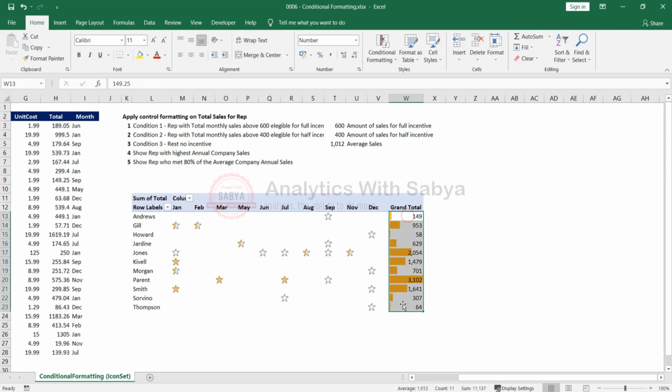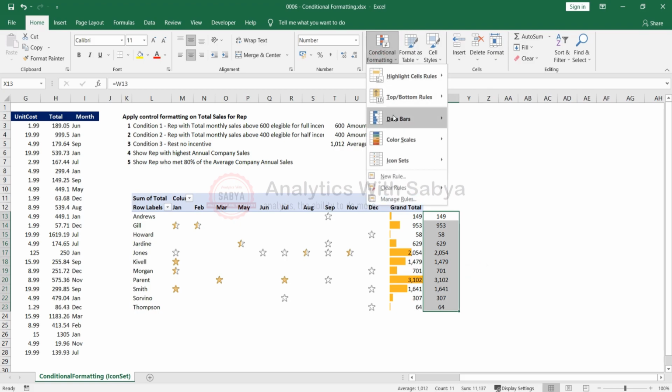I won't touch this column because the formatting is already done over here. Rather, I will just put in a formula: is equal to W13. Easiest way to do it. Copy it and put it down here, paste it. So all the values that you have over here will automatically come over here, or the other way is, as I say, drag and drop it. Everything will come over here with the formulas.